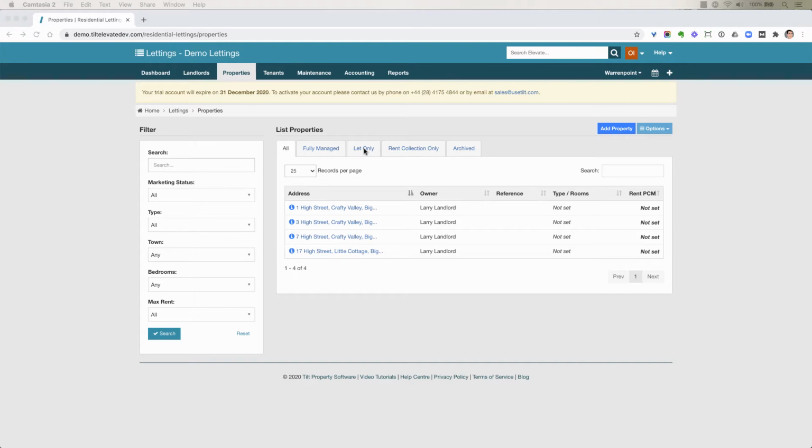and security deposits. It's still important to specify the actual tenancy start and end dates, as this will highlight when they come to renewal time. Although you haven't been involved in the management during the year, it still presents a chance to pitch to the landlord for your management service for the incoming year. These tenancies will appear in the normal expiring tenancies report, but they will be highlighted as let only, so that's